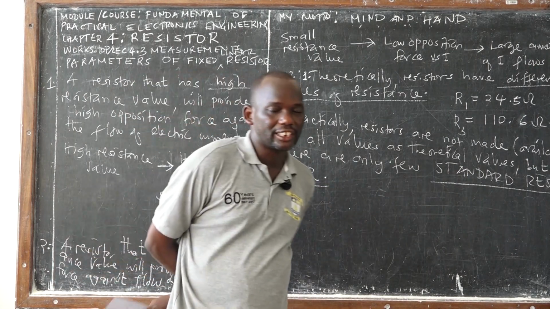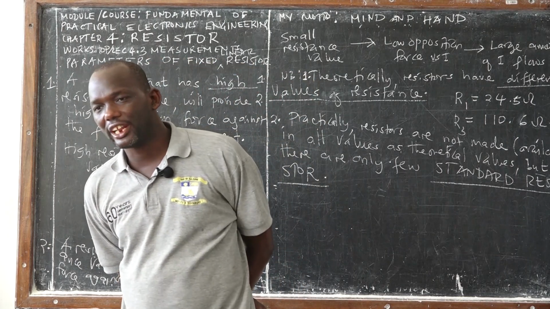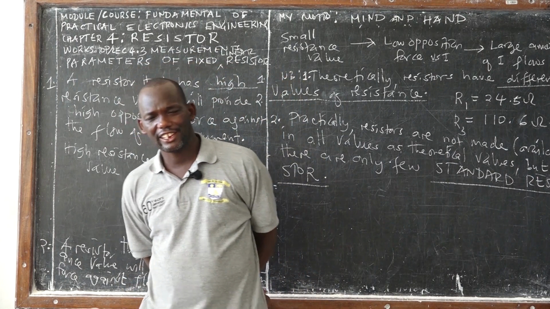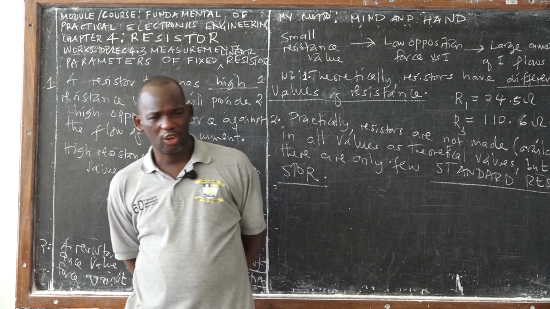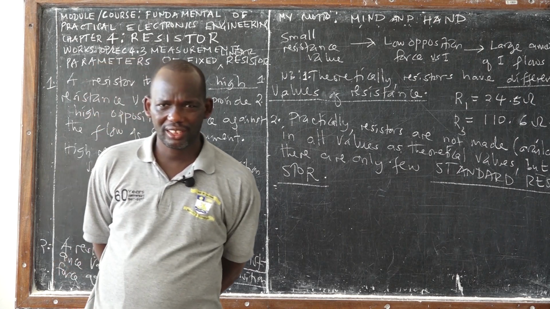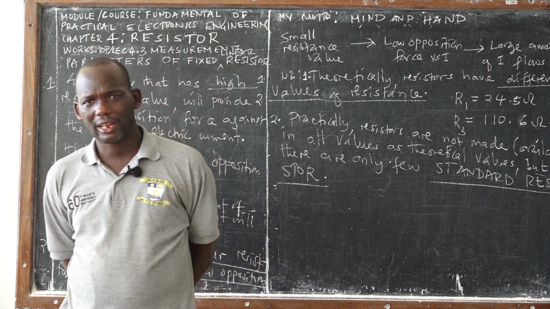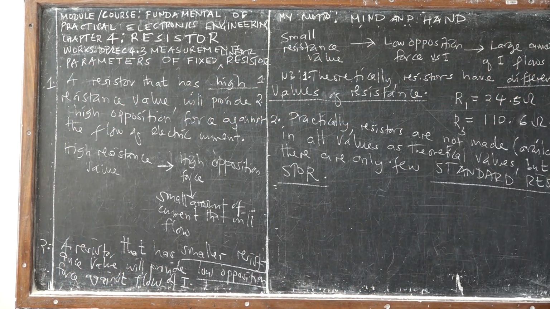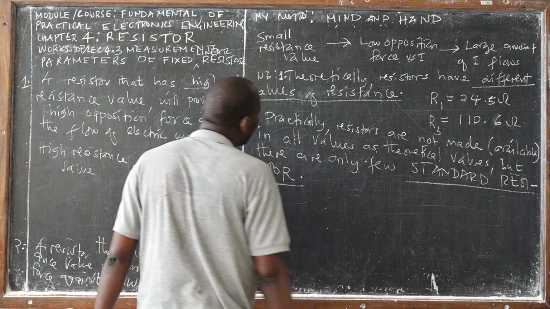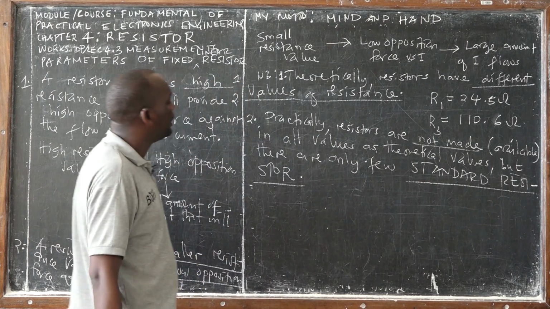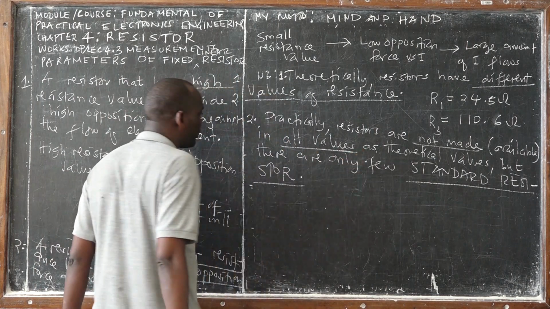So practically, say practically. Theoretically, you say that all mankind have equal rights and equal power, something like that. All mankind have equal rights, but practically it's not true. Do you agree with me? Practically it's not true. So practically, we say resistors are not made or available in all values that are theoretical values,